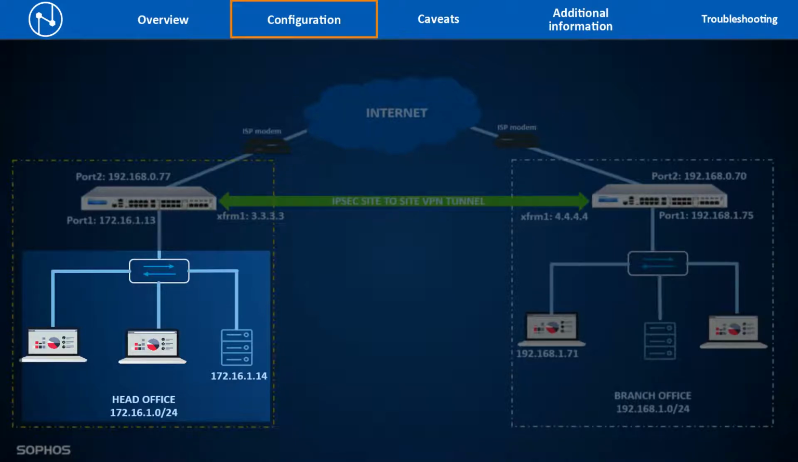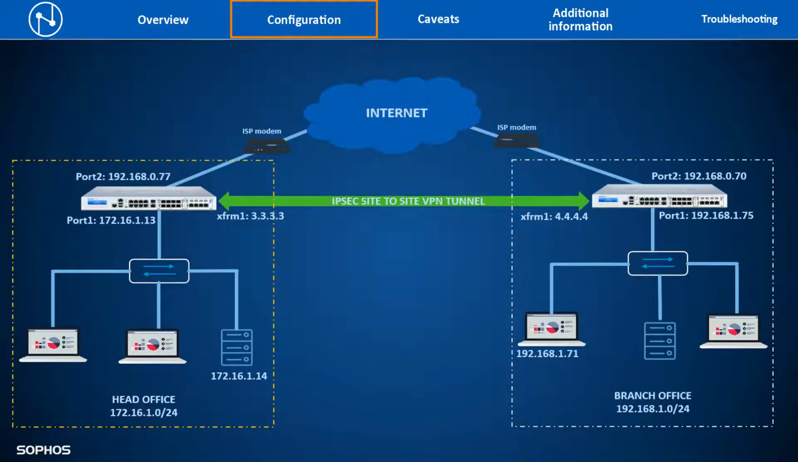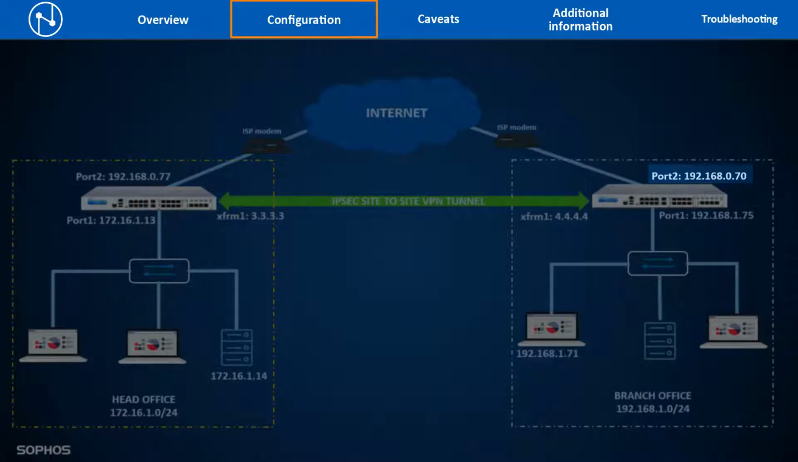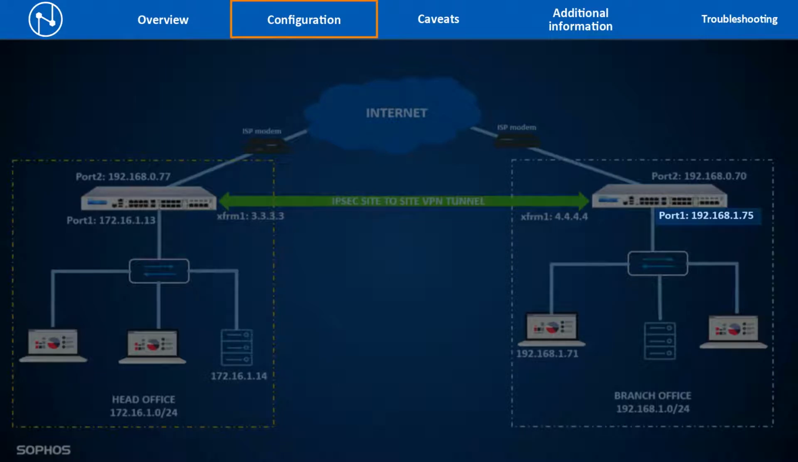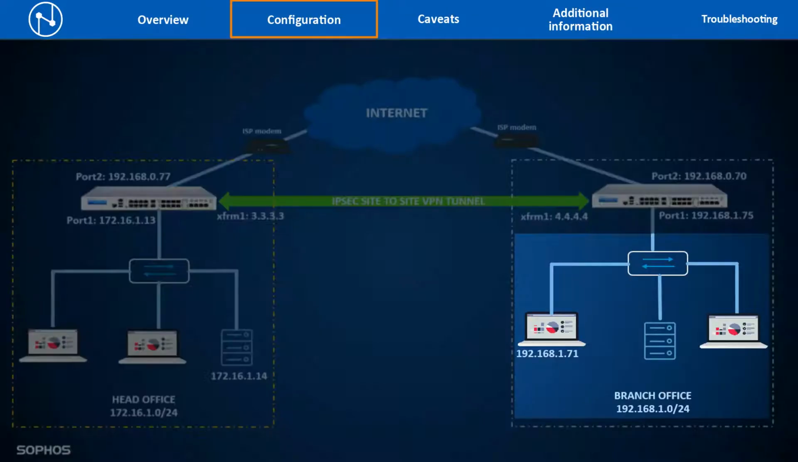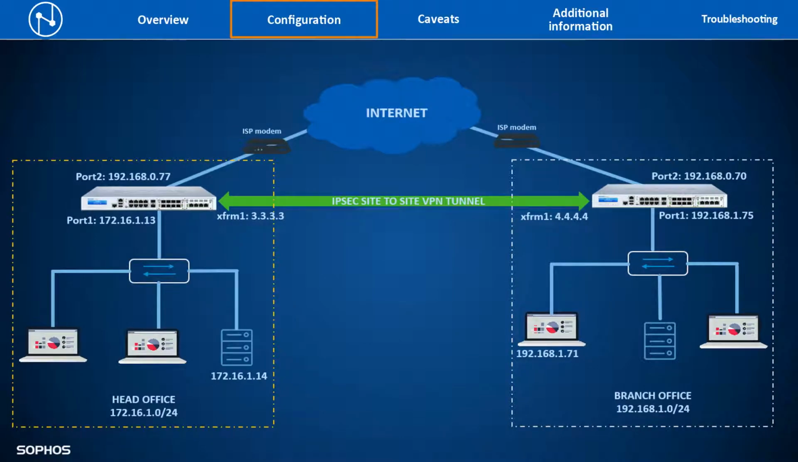172.16.1.0/24 subnet range. In the branch office network, port 2 is the internet-facing WAN interface configured with the IP address 192.168.0.70. Port 1 is the LAN interface configured with the IP address 192.168.1.75, and its LAN network resources are in the 192.168.1.0/24 subnet range. As per the customer's requirement, the branch office LAN network should be able to connect to the